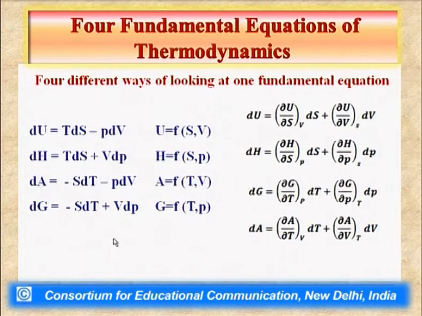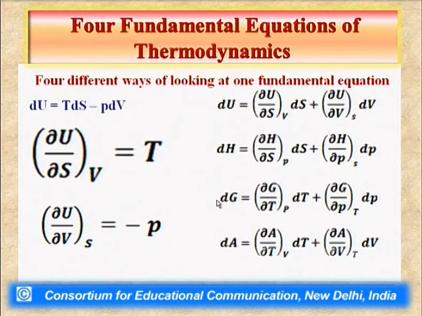So, the point is that we can compare these equations. We can compare the first equation, dU equal to TdS minus PdV, with dU equal to ∂U/∂S at constant V dS plus ∂U/∂V at constant S dV. Similarly, we can compare the dH equation with this dH, dA with dA, and dG with dG. What results out of this comparison is what we need to understand. If we compare dU equal to TdS minus PdV with dU equal to ∂U/∂S at constant V dS plus ∂U/∂V at constant S dV,